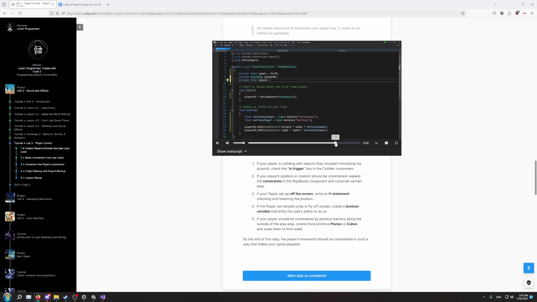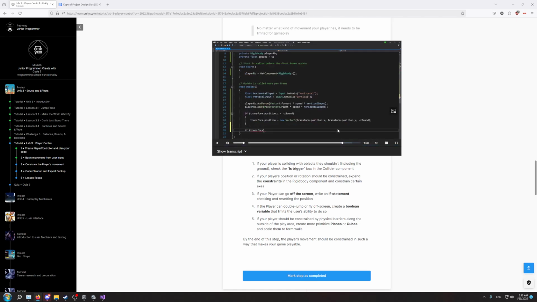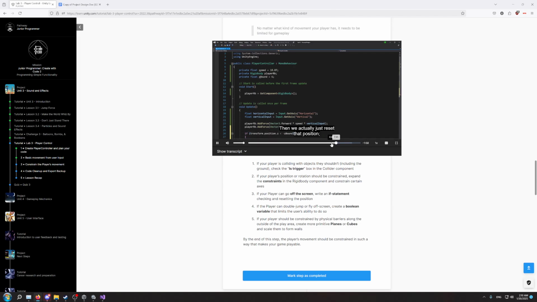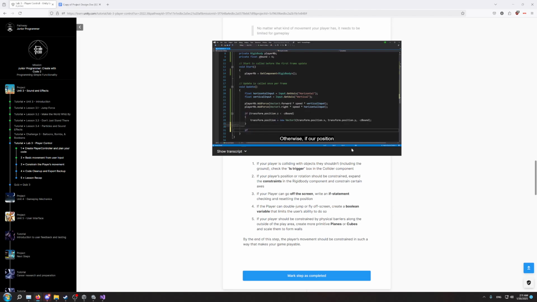My player value on the Z becomes greater than that because they're going up or down. So if it ever becomes less than the negative Z bound, then we actually just reset that position to be a new vector. We keep it inside our negative Z bound. Otherwise, if our position